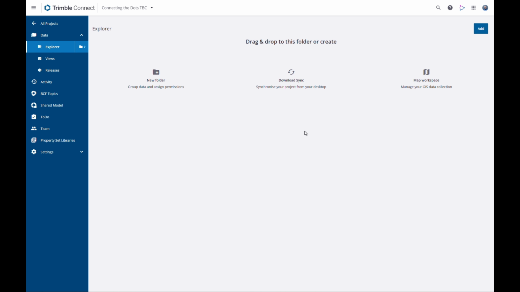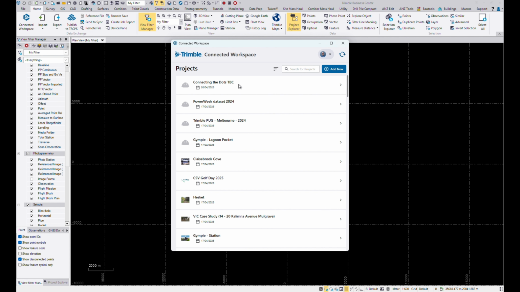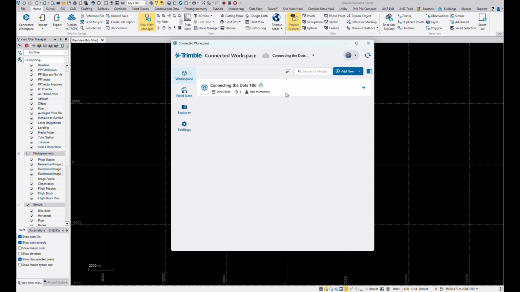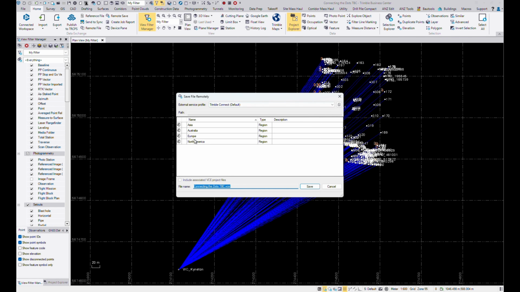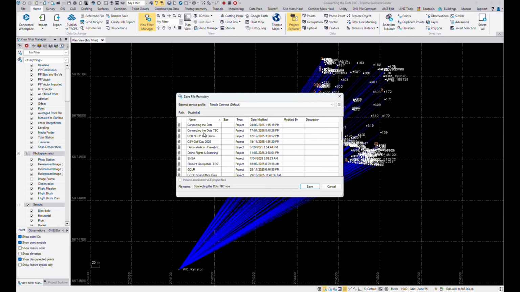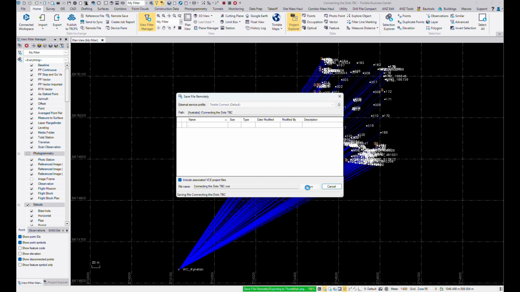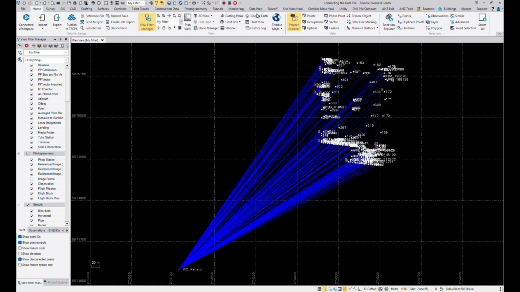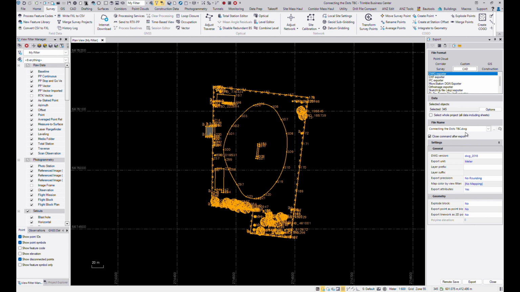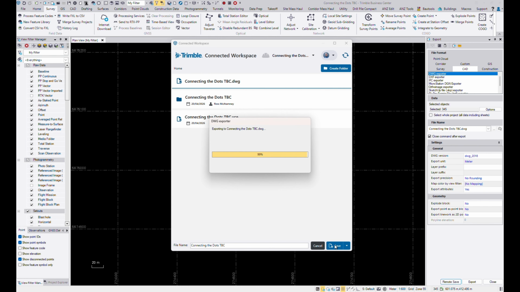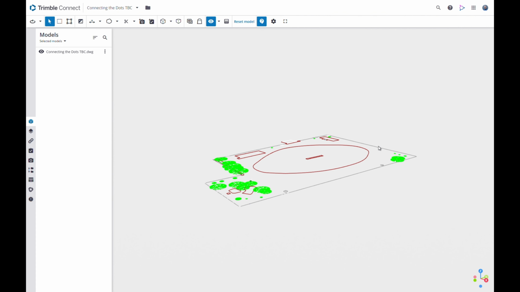However, this data is only able to be seen and viewed in TBC. The stored files using this process will not be able to be viewed in Trimble Connect even if they are a supported format. To save files from TBC to the Trimble Connect Explorer to be able to view them in Trimble Connect, you need to use the Remote Save function, which is in both the Home tab, where you can store the entire project, and also the Exporter tab, which allows you to simply save exported files directly into Trimble